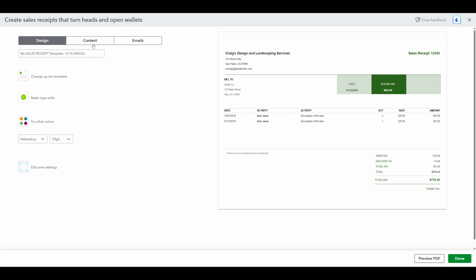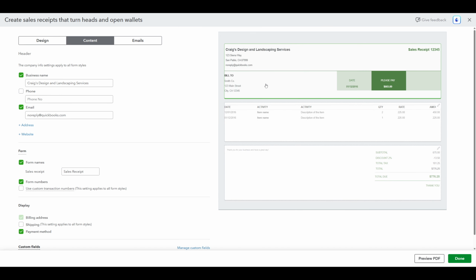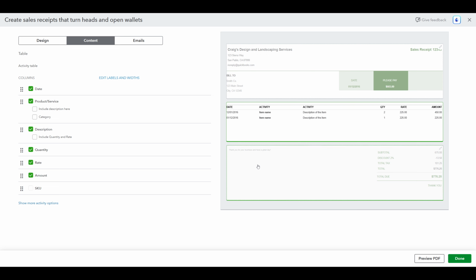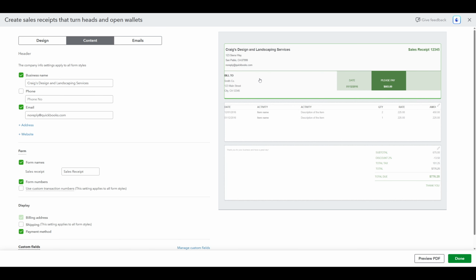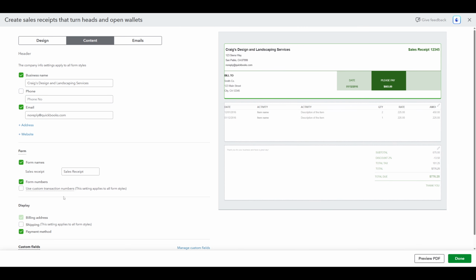Next, move to the Content tab. This is where you control what information appears. The editor breaks the form into sections such as the header, the product and service table, and the footer. In the header, make sure your business details are accurate and decide which customer fields to display, like billing address